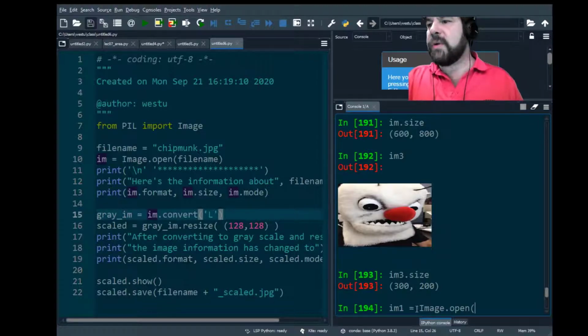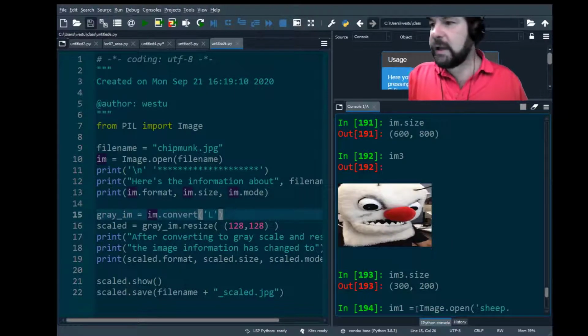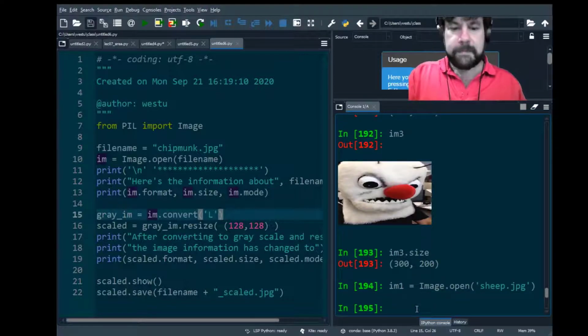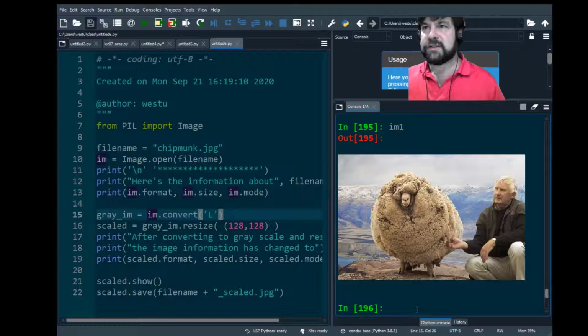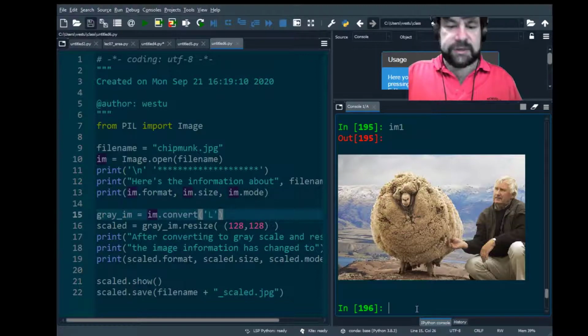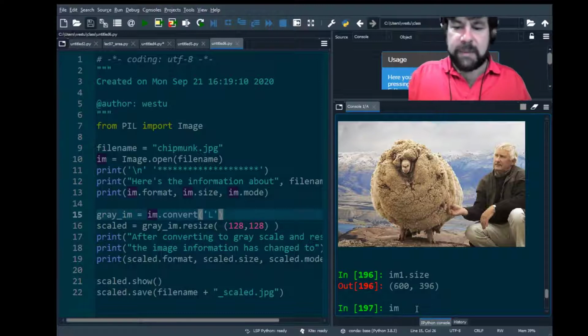So we're going to do an Image.open, and we're going to open sheep, which is a JPEG, hopefully. And that's just a picture of a farmer with his furry little friend. We can look at the size of that, im1.size, and the size is 600 by 396. And now we're going to create a new image. We'll call it im, and we're going to make that